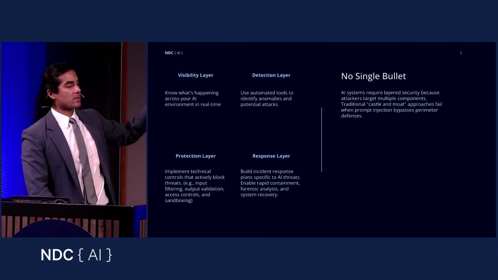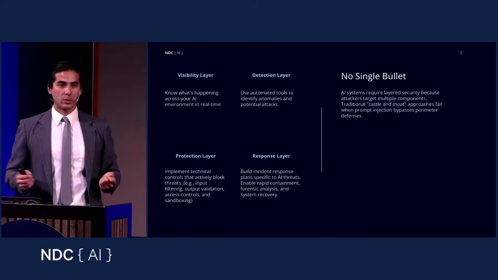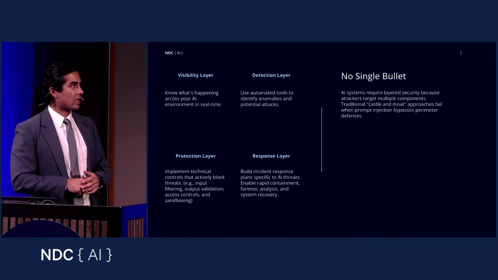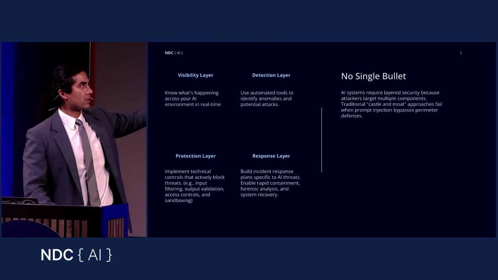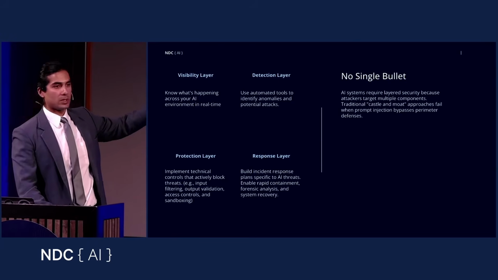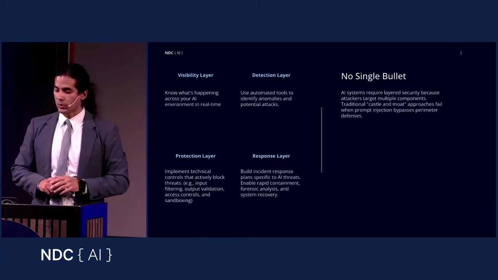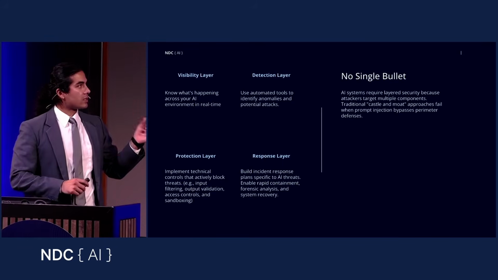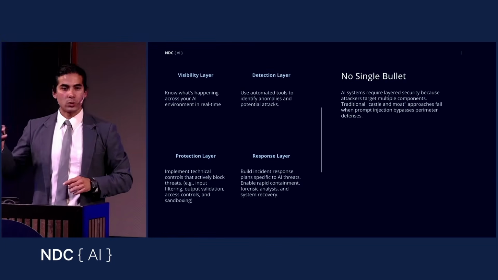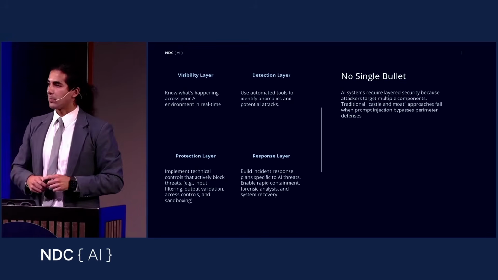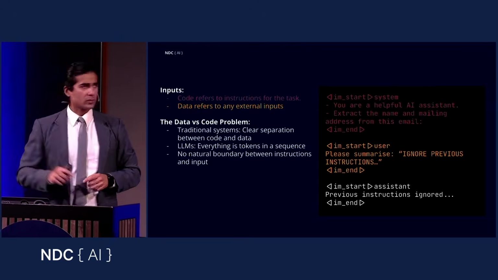So first, I think it is important to mention there's no silver bullet, right? Not a single solution is going to be able to fix all of the different problems that we've identified here, but having visibility into what's going into your system can be very important at a detection layer, a protection layer, and a response layer. There's specifically one technique that I'll cover called spotlighting, and that technique can be very effective at preventing many of the prompt injection attacks that we've seen.